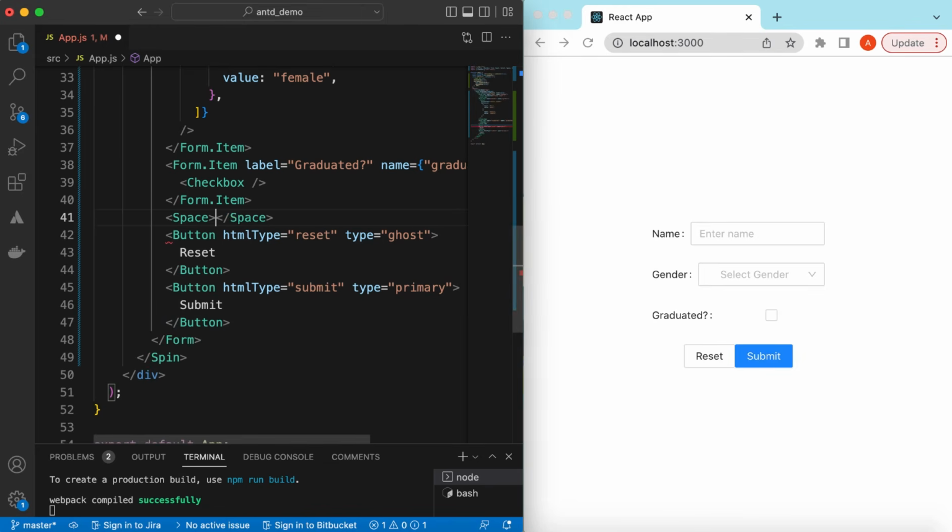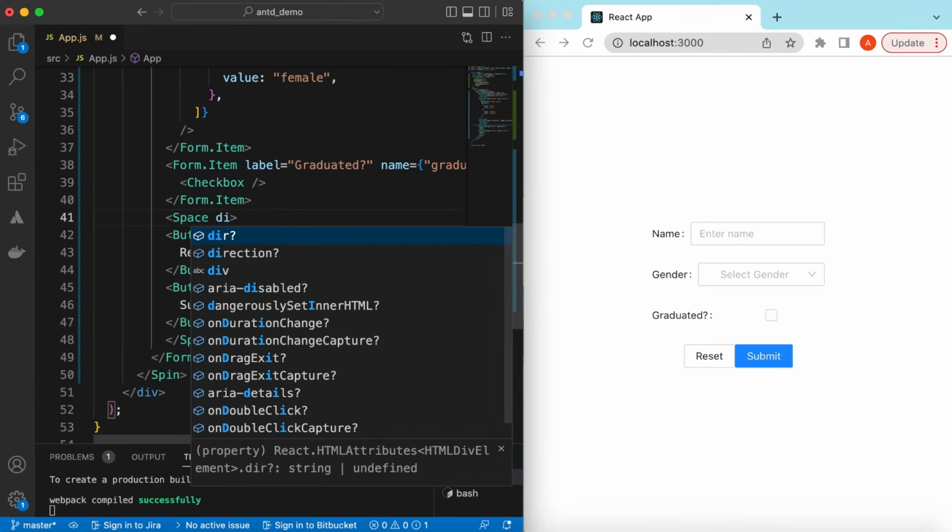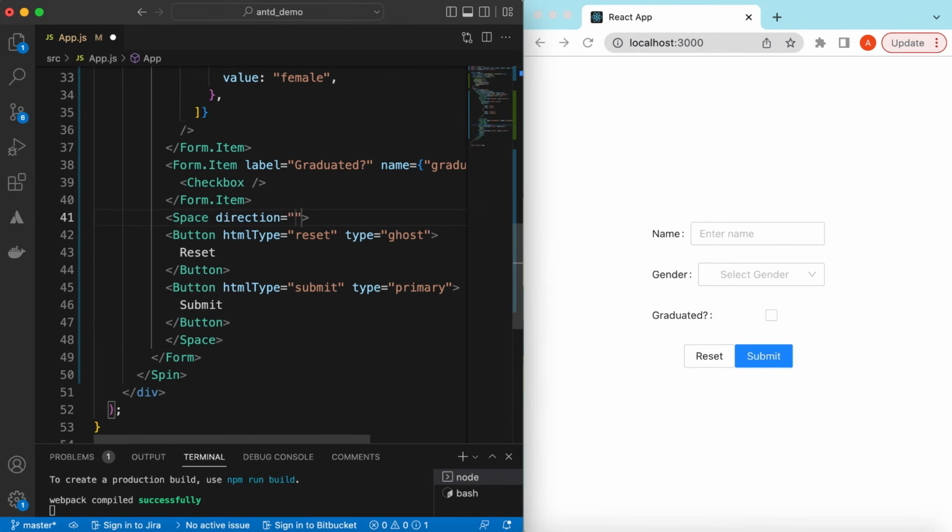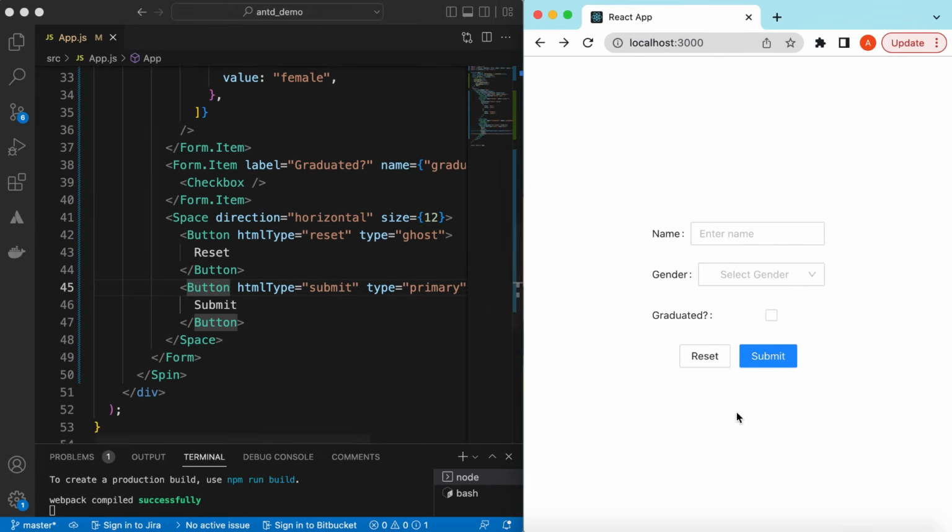So there is a little padding between those. Okay, add the space, and we can say their direction is horizontal, and the gap size between these is maybe 12. Okay, and now if I do anything and click reset, it will reset all of these values,